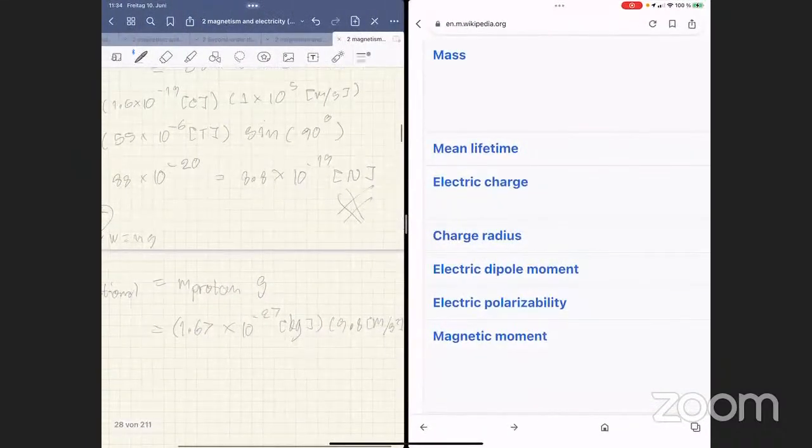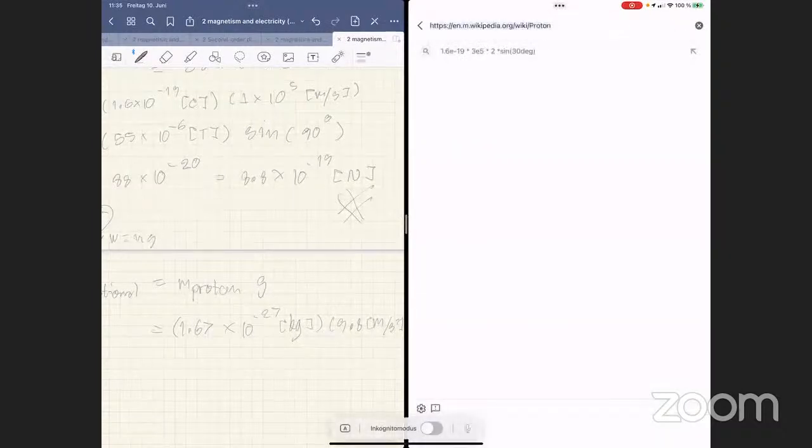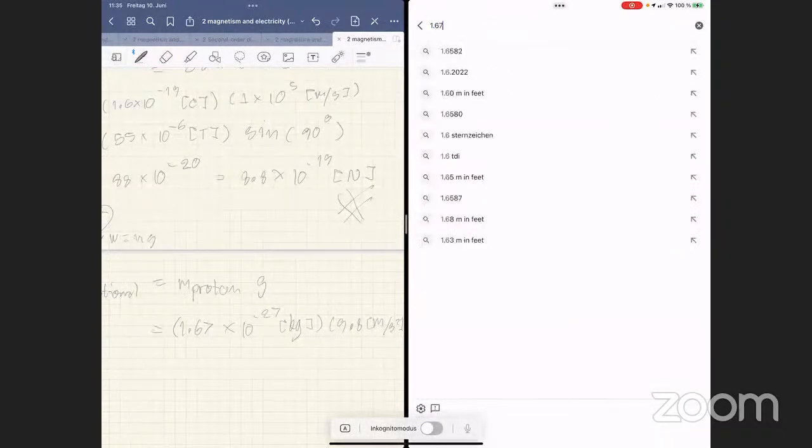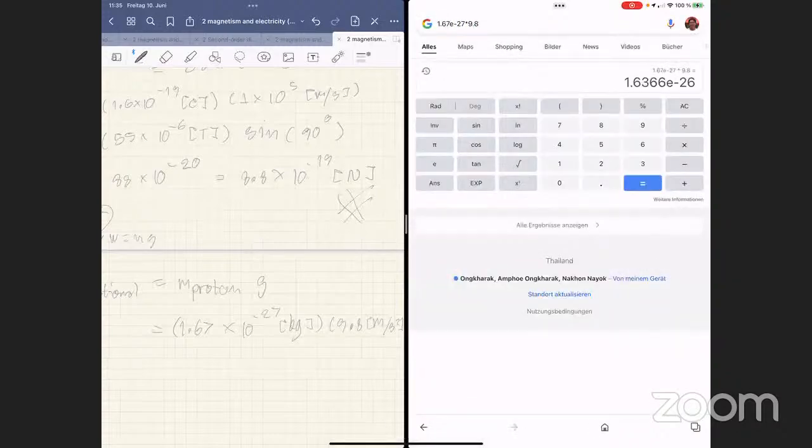This looks a little bit complicated, right? 1.67 times 10 to the minus 27 times 9.8. We get somehow like that: 1.6366 times 10 to the negative 26 Newton. Okay,